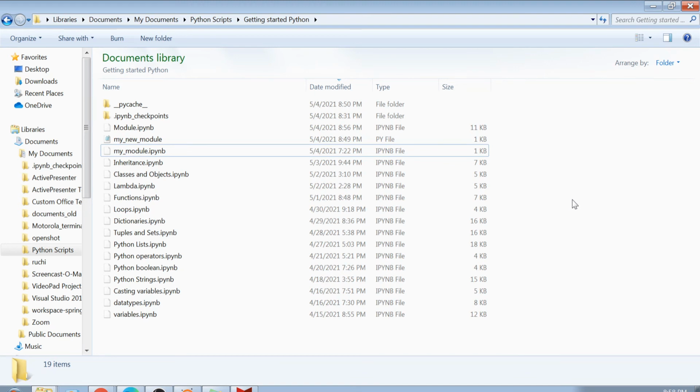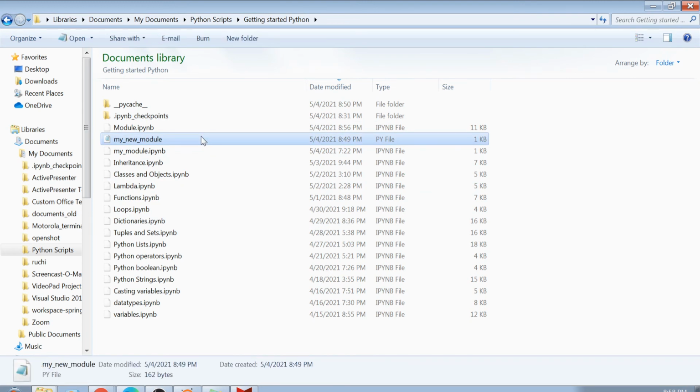Now if you see my code here, I have this module created, my new module py file, and a whole lot of Jupyter notebooks and Python files in one single directory. Now you will say that if I want to find a file in this directory, won't it be difficult for me? And that is actually true.